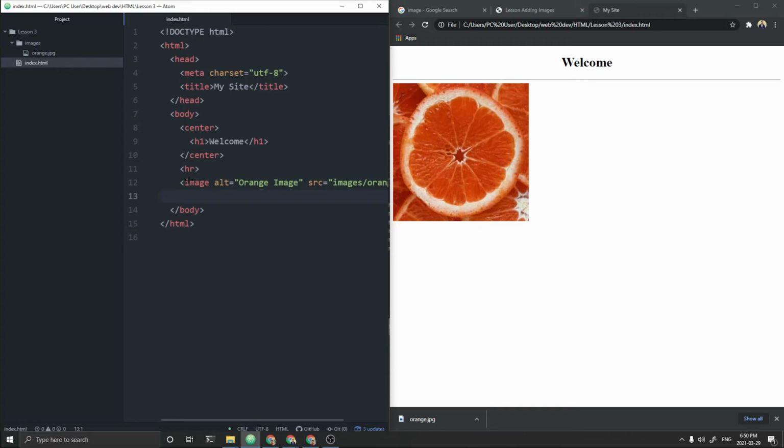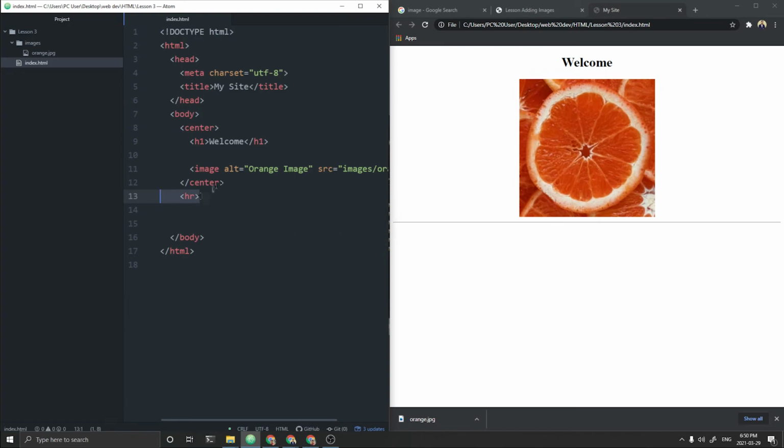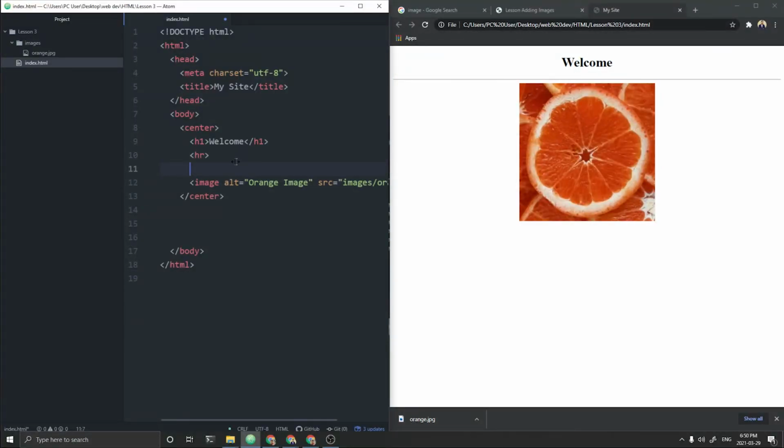But before we continue, we're still not done. There's something still off. There's a random orange floating around to the left. Well, first off, let's center this by copying it and pasting it over here. So if I reload this, we have our orange over here. I want to paste my HR in the middle so it separates the title. And I want to add some list. So as you might remember from the previous lesson, which is lesson number 8, we talked about lists. So before my image, I'm gonna make another heading. I'm gonna call this H3, and I'm gonna call this